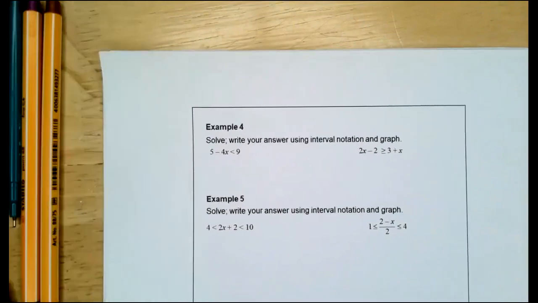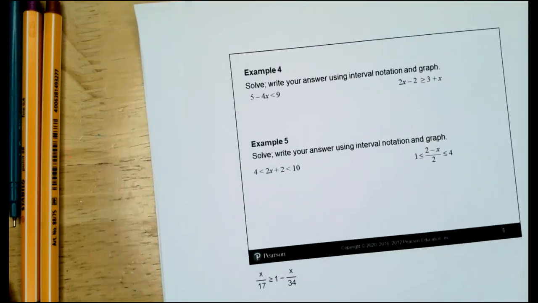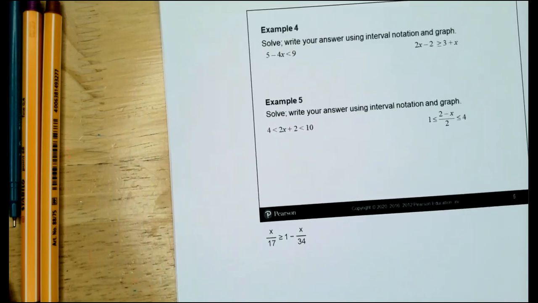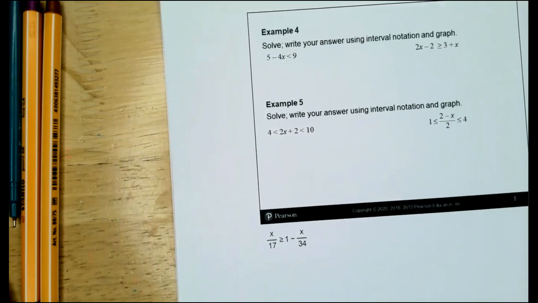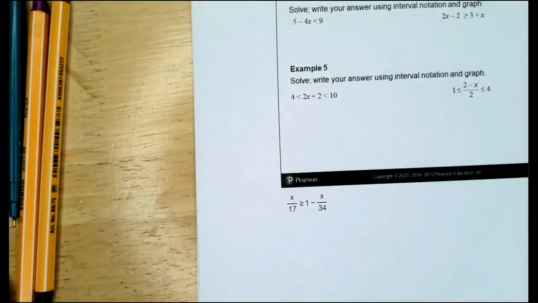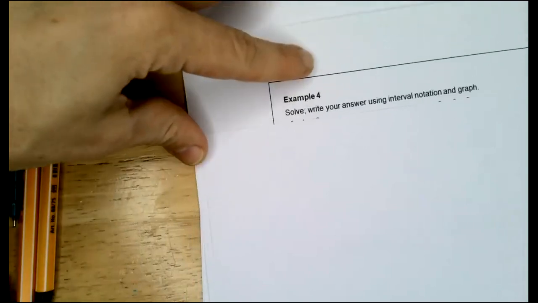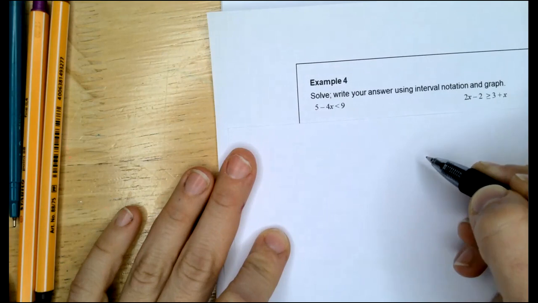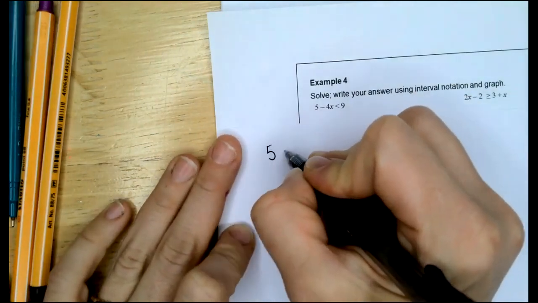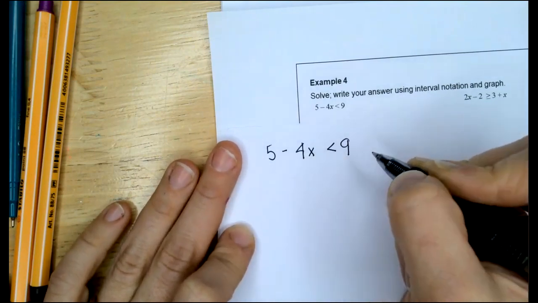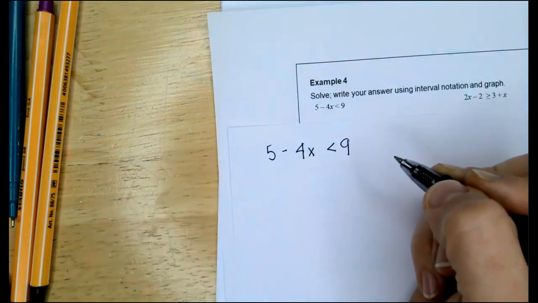All right, page 5, example 4. Solve and write your answer using interval notation and graphing. So we have 5 minus 4x is less than 9. Trying to decide where to write these. Just on a new piece of paper, probably. I like to spread them out because I have to find the answer and then graph the answer. 5 minus 4x is less than 9. Just like we solved the one we just created,